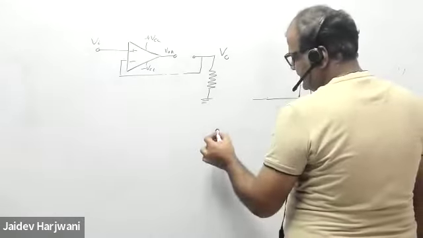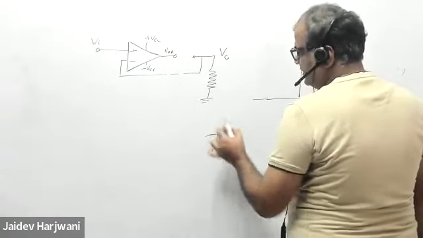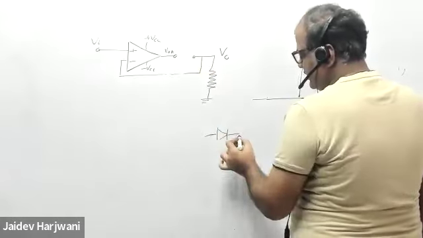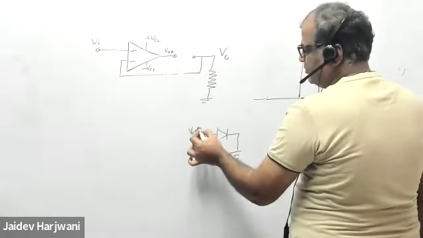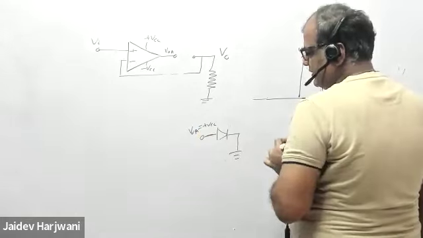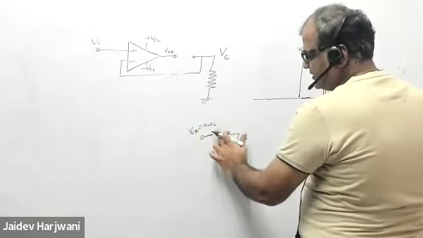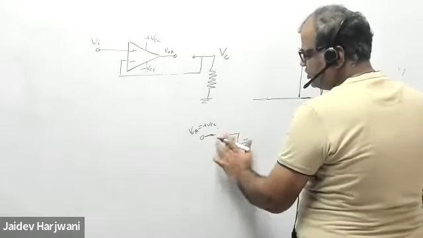If VI is positive, then here this is ground, so I'm making it open now. This is the ground, and here VOA is equal to plus VCC. That means this diode is conducting. So I can replace it by either a short circuit, or, as given in the question, the voltage drop is VD,